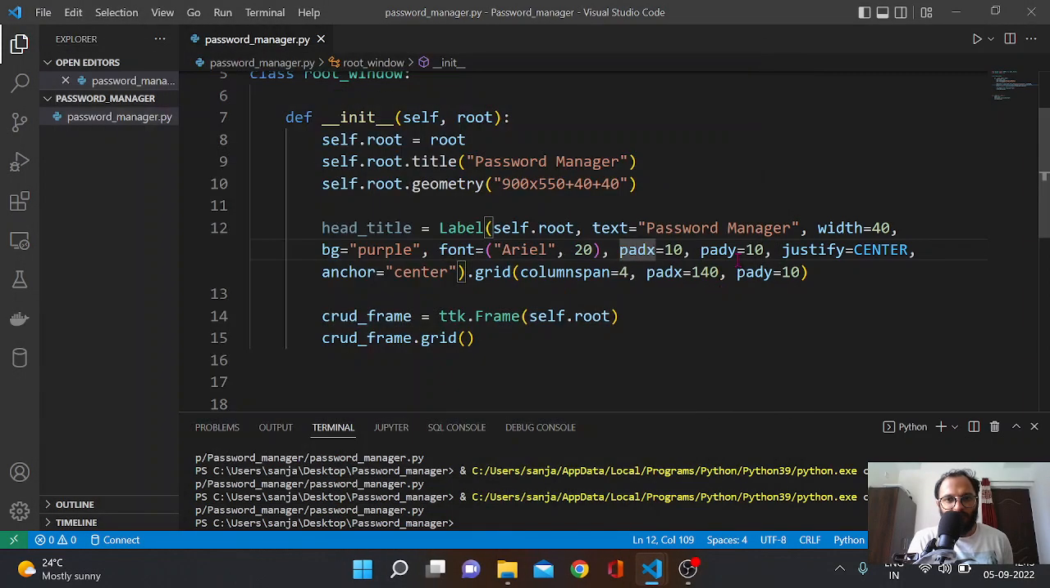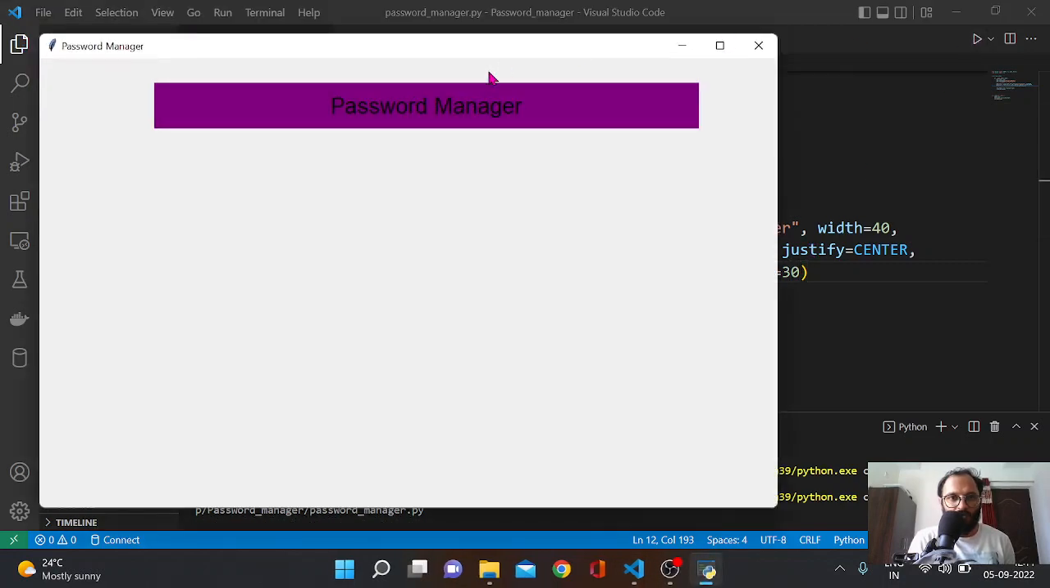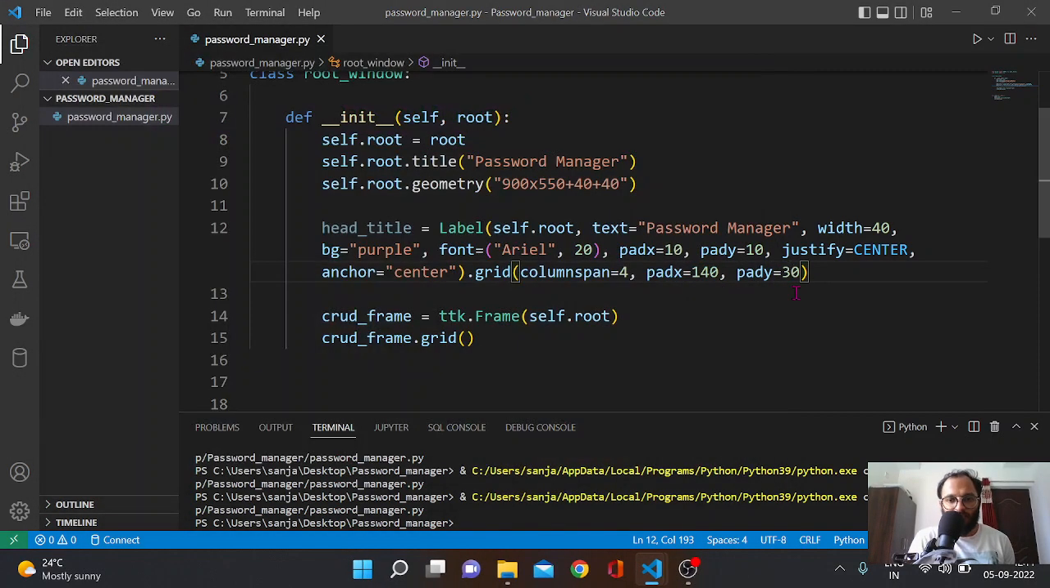So this is my outer padding. If suppose I give it a 30 padding from top, you can see it is now much more down. Okay, so let us put it 20. Okay, that would be perfect. Okay, next in this frame,